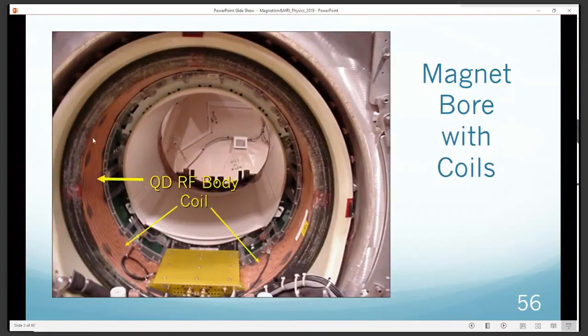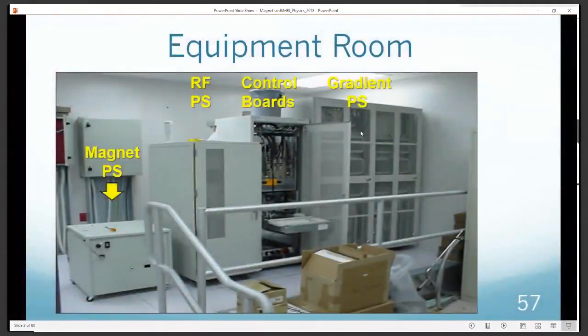There's the body RF coil that can transmit the RF pulse and receive an NMR signal. But here are the gradient coils. They're all together in that case. And then there's also a shield, the gradient shield. And this is the